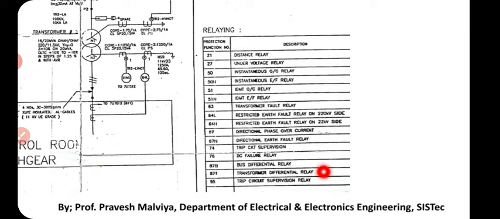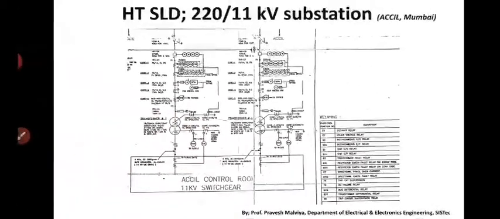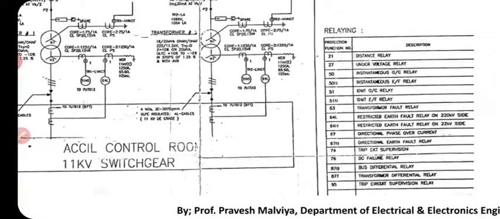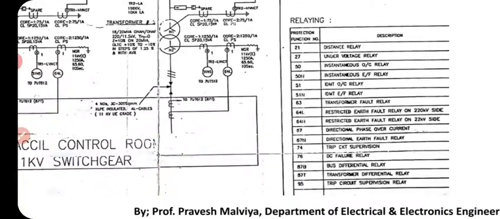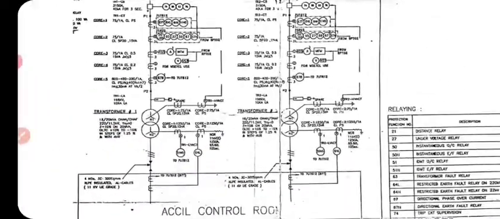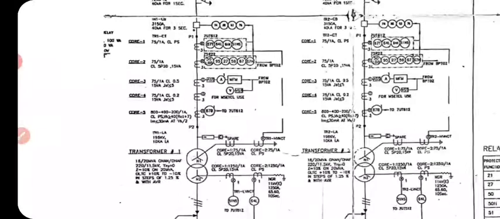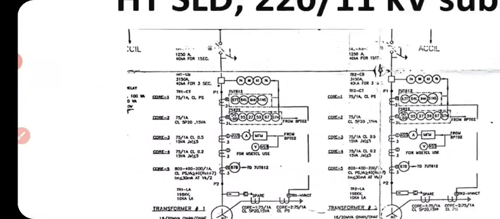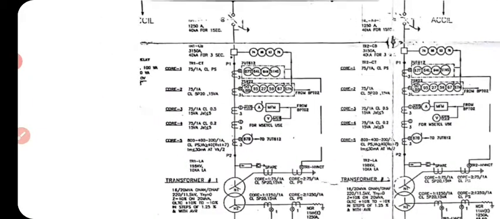And 95 stands for trip circuit supervision relay. So these are all the names of the relays. I hope you had studied this in Power System 1, 2, whatever it was in your previous semesters. So this is the actual diagram. Now here we see that